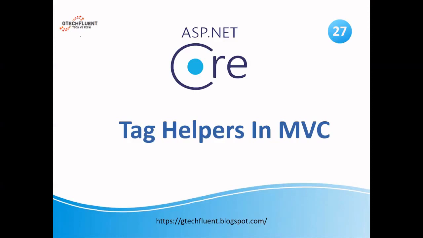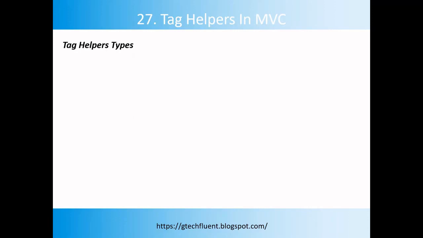into the Razor file. If you have any idea about ASP.NET MVC, the functionality is similar to the HTML helper. In ASP.NET Core MVC, there are two types of tag helpers. The first is built-in tag helpers. These are built in by the ASP.NET Core framework and can perform common tasks like generating links, creating forms, loading assets, showing validation messages, and so on. And the next type is custom tag helper. It can be created by us as per our logic and perform transformation on the HTML element.